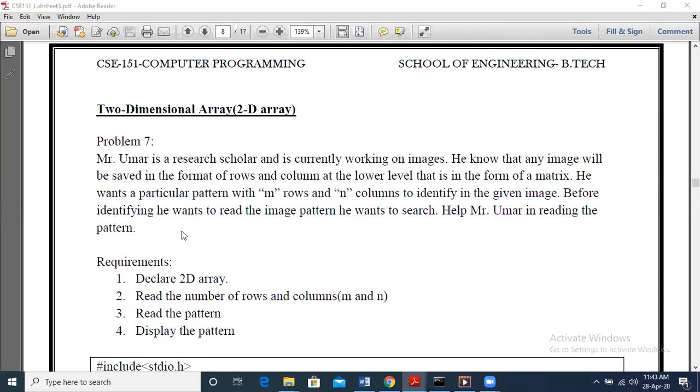So here we are going to first declare one array. How do we declare a one-dimensional array? Using the size. If we give a of 10, it means there are 10 numbers stored linearly in just one row. So that is a of size 10. Now, while declaring a two-dimensional array, we need to declare it with the number of rows and columns. Note that we are first declaring a 2D array. The first requirement says declare a 2D array.